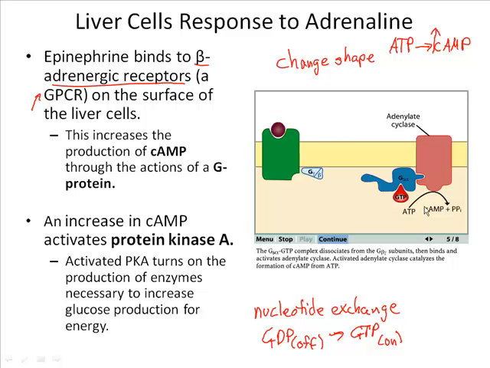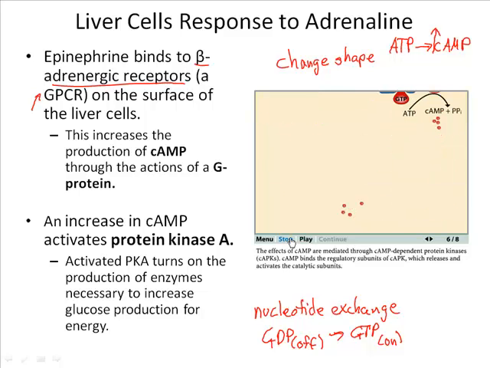Now, once cyclic AMP levels are raised in the cytosol, they can now carry the message. So if we look, here's the adrenaline or the epinephrine signal molecule. It stays outside the cell, but now through a series of steps, we now have a small chemical signal located inside the cell called cyclic AMP. Now, once cyclic AMP is activated, as we talked about, what is cyclic AMP going to go do next? That's right, as we talked about, cyclic AMP activates protein kinase A.